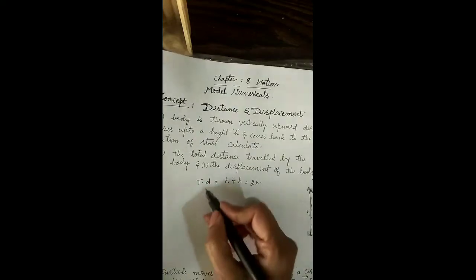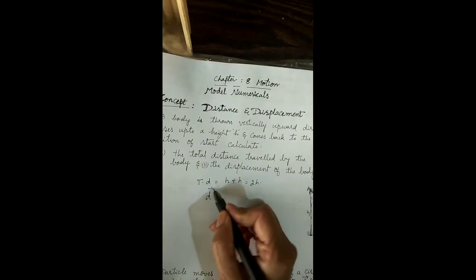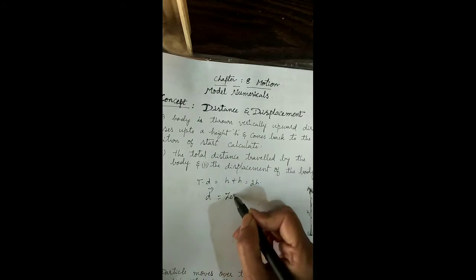Now coming back, by definition, what is displacement? Displacement is the shortest distance covered from its initial position to its final position. So what is its initial position? B. And what is its final position? Again it is going till A, and again coming back to B. So initial and final positions are coinciding here. So total displacement of this object is 0.